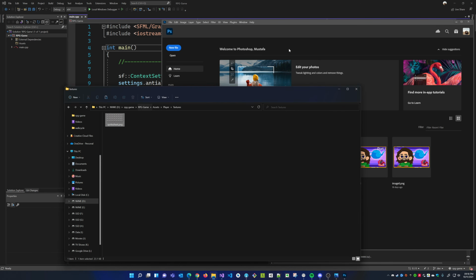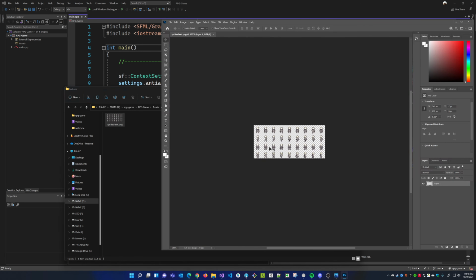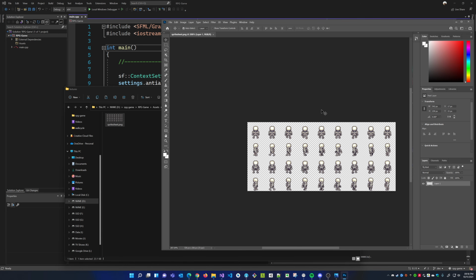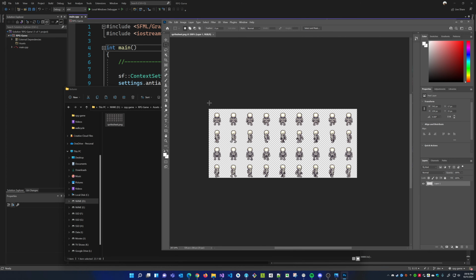So I'm just going to drag this into Photoshop. Come on, Photoshop, let's go. Right, this is transparency again. You can see this checkerboard pattern. All right, I would like this 64 by 64. So 64 is correct.